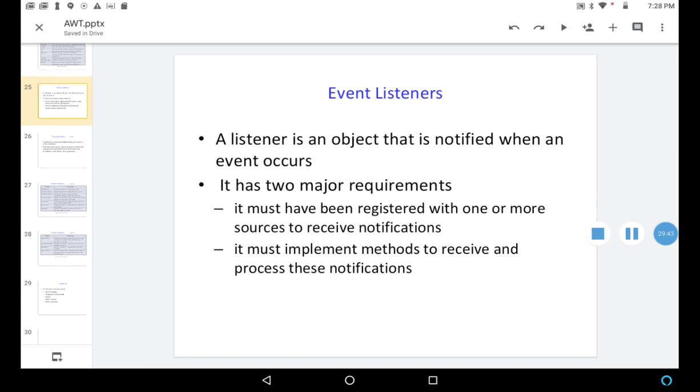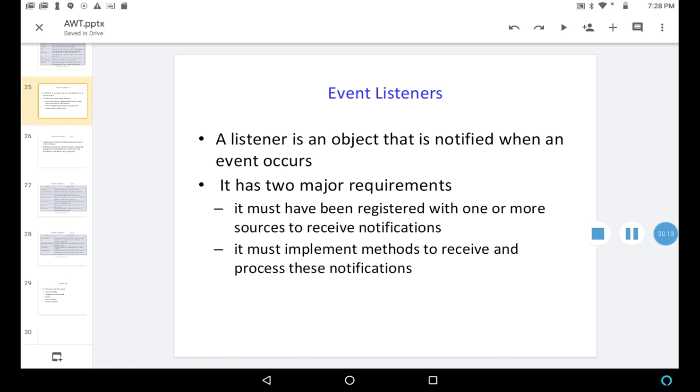Event listeners. A listener is an object that is notified when an event occurs. Of course, everything is an object in Java. It has two major requirements. First, it must have been registered with one or more sources to receive notifications.